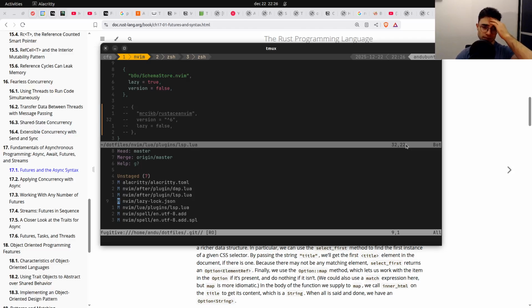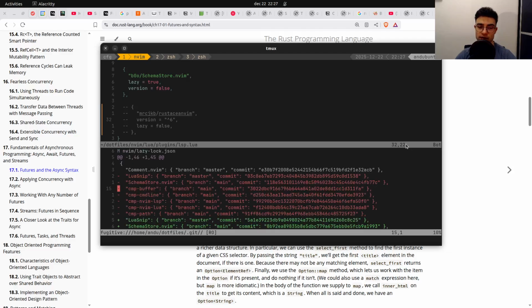So you can see here that in your, let's say, config repo, or the Neovim part of your config repo, there will be a lazy lock JSON, assuming that you're using the lazy plugin manager. And as you can see here, I've done some updates, and the way you can do some updates by mistake is by